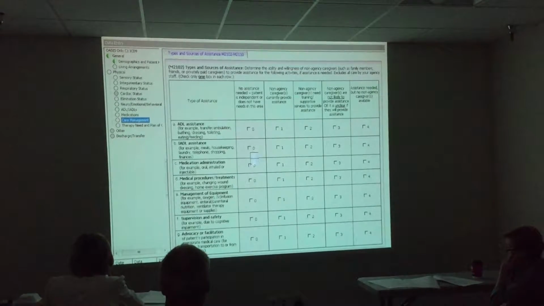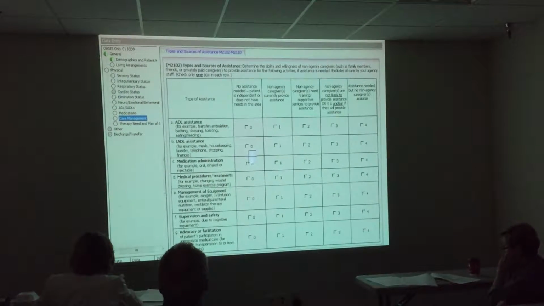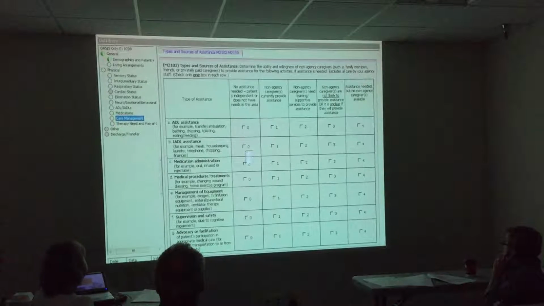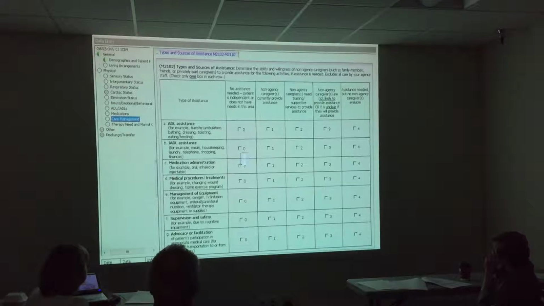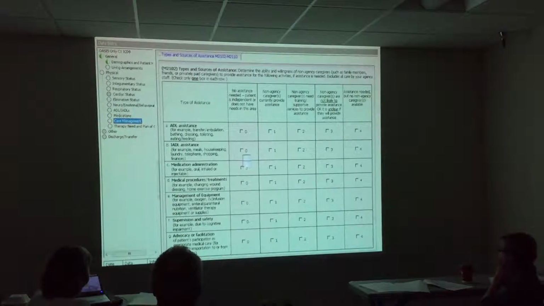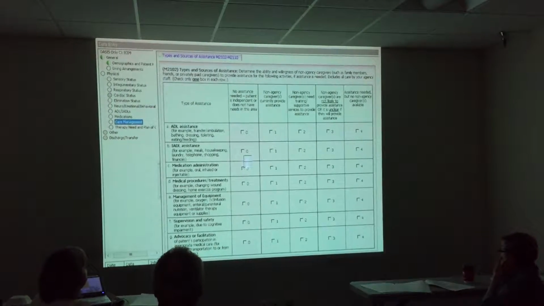So that last column is there for those people that you said need assistance, but they don't have it. They're those people that live alone and refuse to have anyone in the house. Right. Those are all your number 4s over on that side. It's not what are they doing, it's